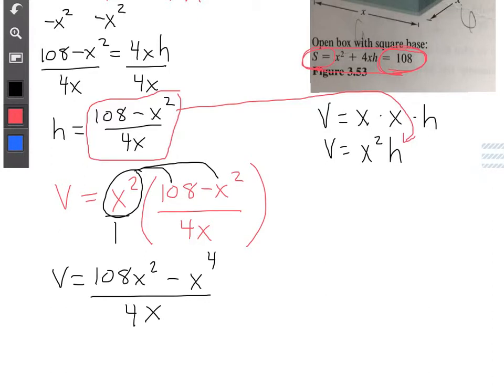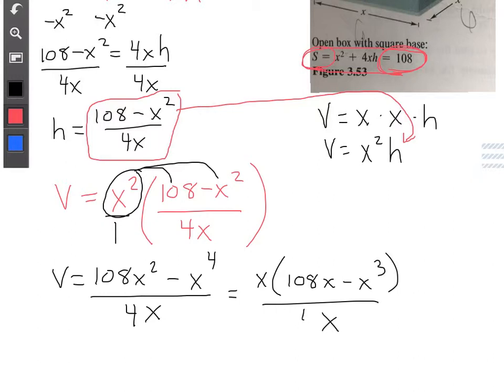And then you notice on top, I can factor out what? X squared. Well, I can factor x squared out, but there's only one x on bottom that could possibly cancel with it, so I'm only going to cancel one of them. So I've got this equals x times (108x minus x cubed) all over